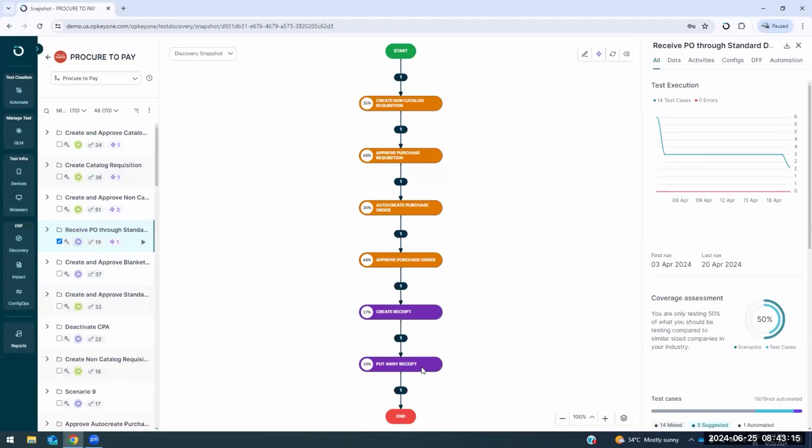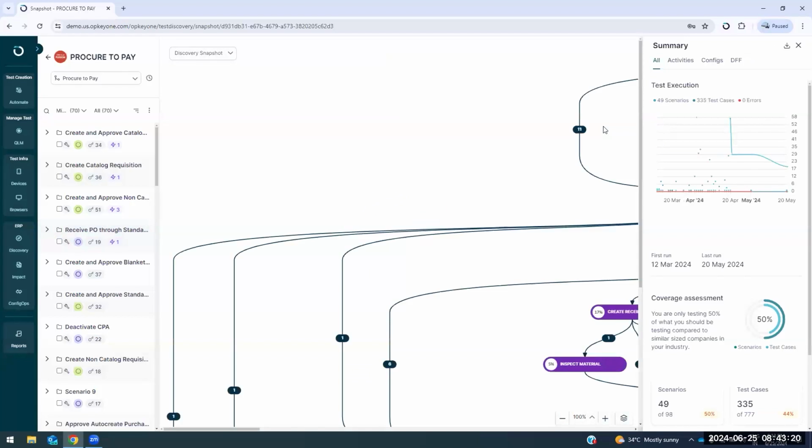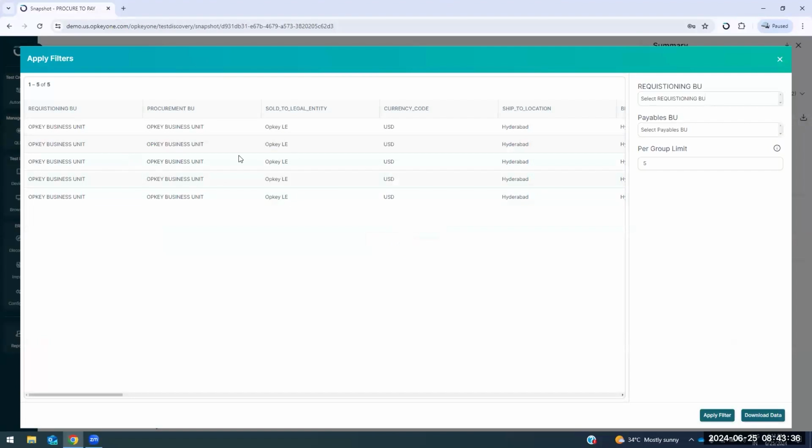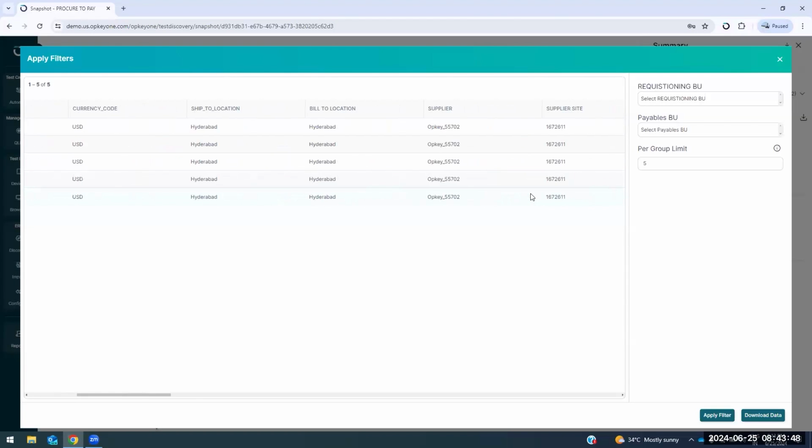The second part to this is the configurations. As we mentioned, we're also mining the active configurations, so that brings up here on the right. Using the configurations, we need the data to be seeded in the test cases that we generate so that we can execute them on the instance. All that data comes directly from the configurations. So we are able to generate these data sets, again using the AI/ML that we have, by mining all the active configurations, and this becomes a set of your test cases.